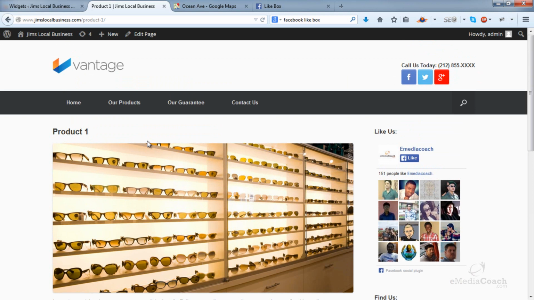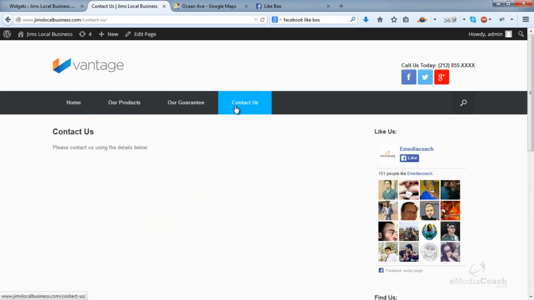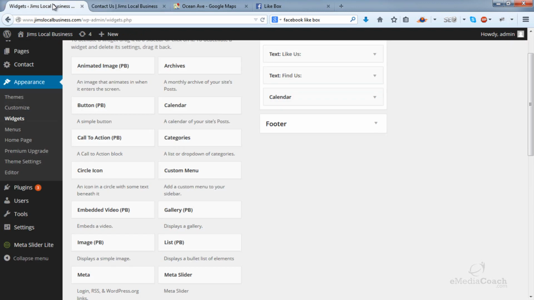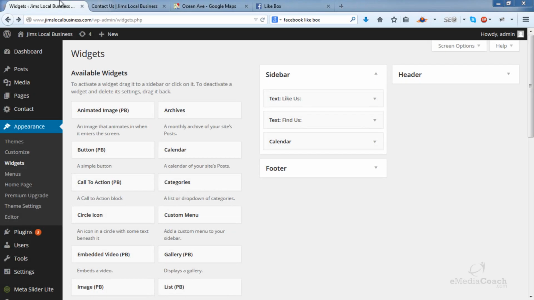Next, I'd like to show you how to add a contact form on the Contact Us section of your website. Currently, there's really nothing on it, but I want to show you an easy way for your customers to be able to contact you via an easy-to-use contact form. So go back to the dashboard. To add a contact form to your website, you'll remember earlier we installed a plugin called Contact Form 7. So if I just go to that,